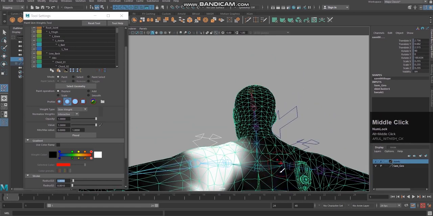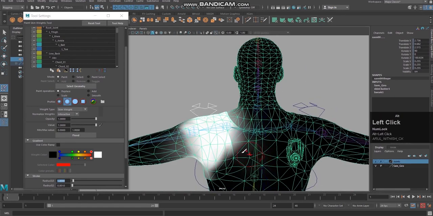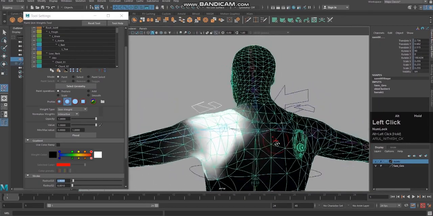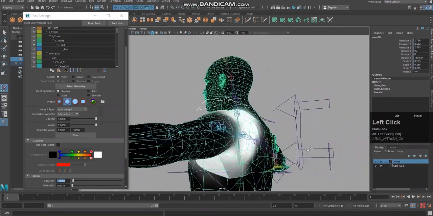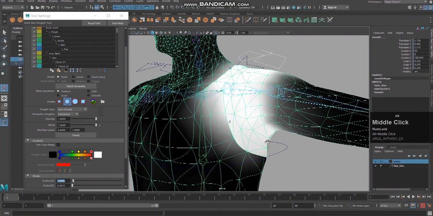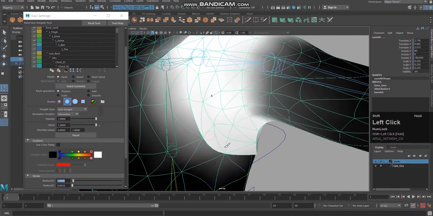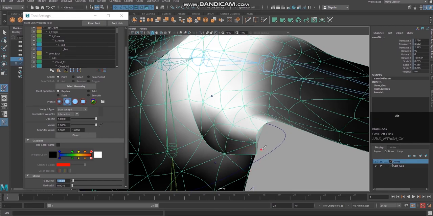Also, this particular skin is made part by part and it is not combined, so it is having a problem. See here, the smoothing of the skin is not working properly because of the problem of the model. The model is not perfect. So again, I'm using control to remove the influence.